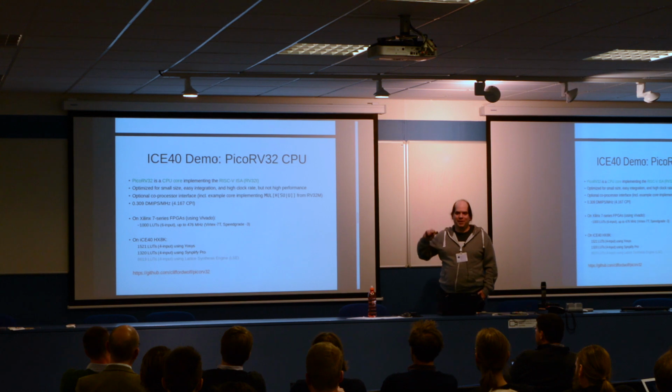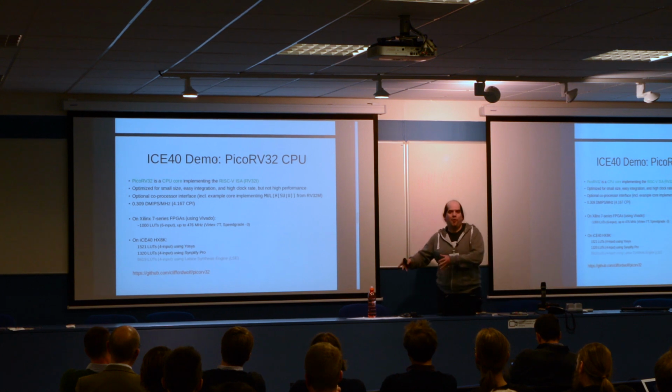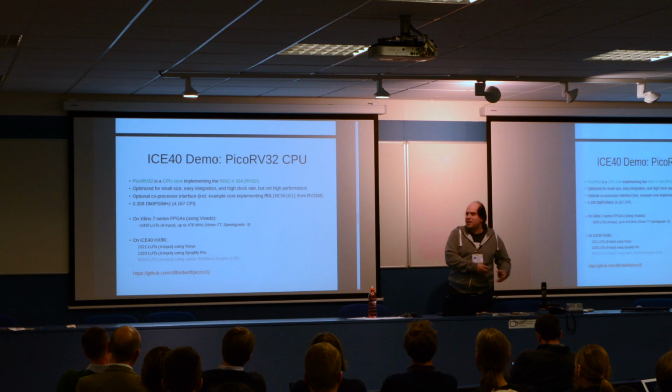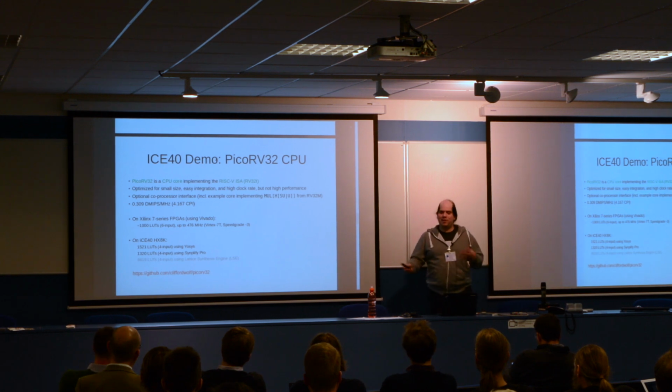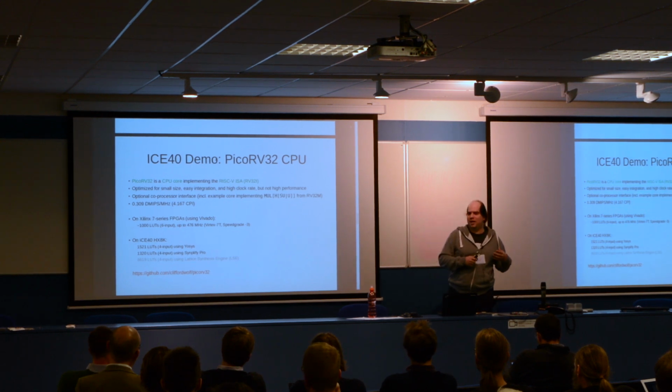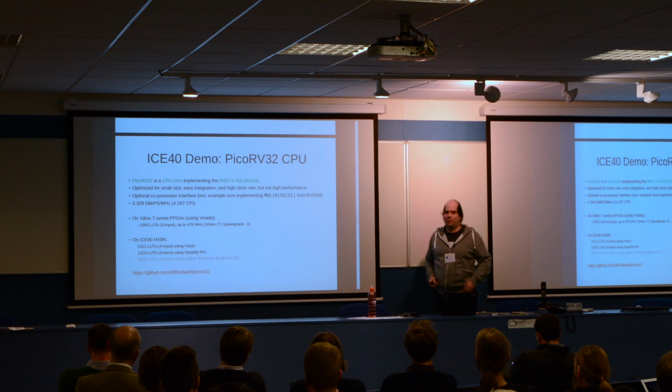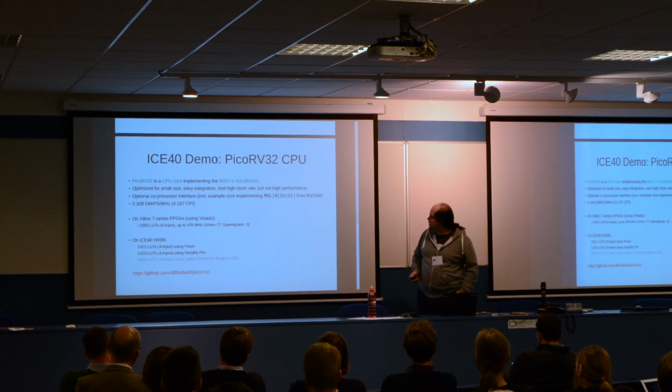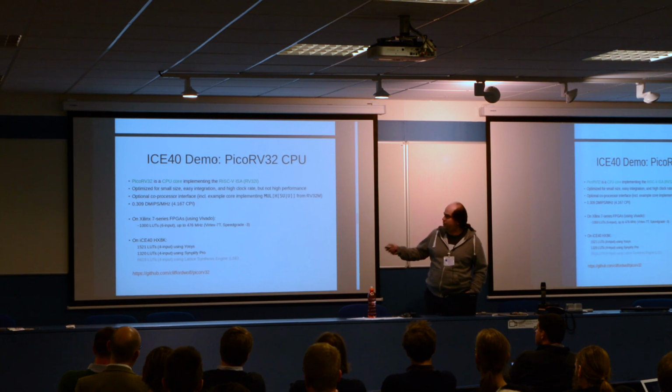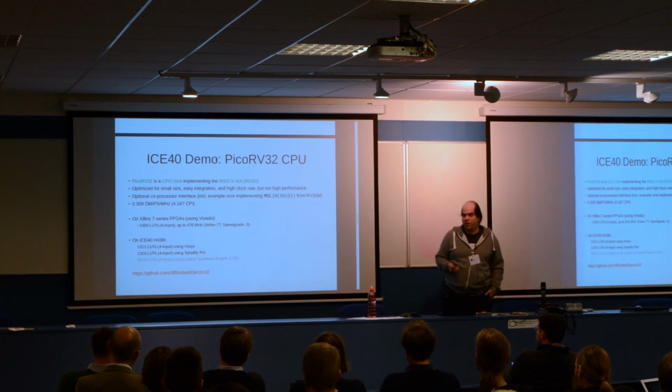And this is part of the easy integration thing, because I was kind of fed up with having a high performance design, then I need some kind of auxiliary CPU, and either I need some clock domain crossing FIFOs, or I need some kind of multi-cycle constraints to make the CPU run slower than the actual computing core. So on Xilinx 7 series FPGAs, this one goes up to 570 megahertz, which I think is quite fast for